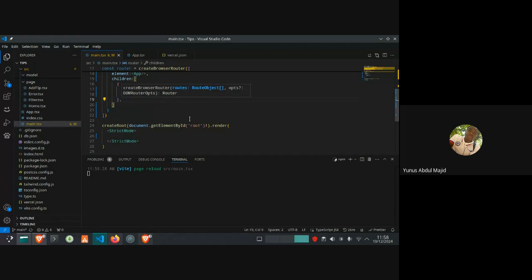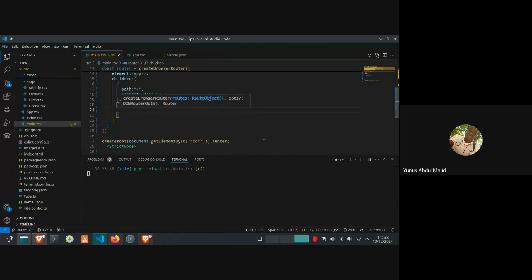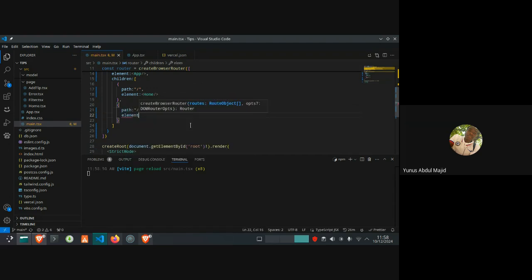Then the other component will be another path, and I want this to be path, while this would be element. The element will be, what did I name it? Active. I named the component Active.